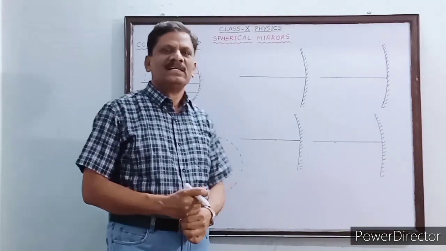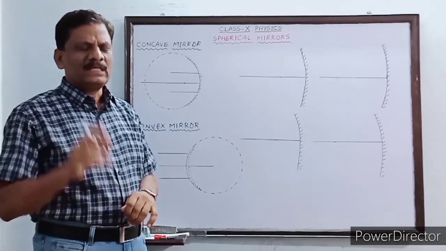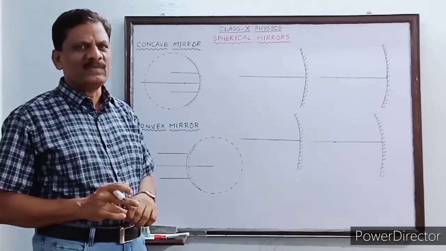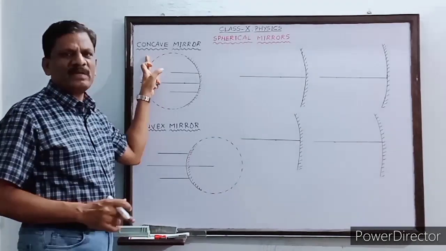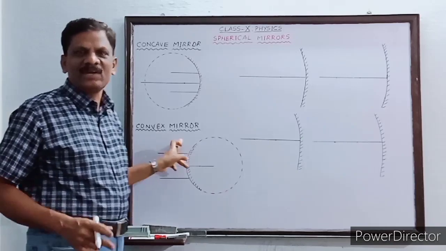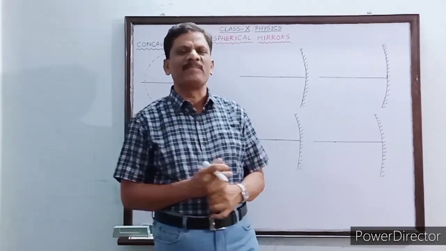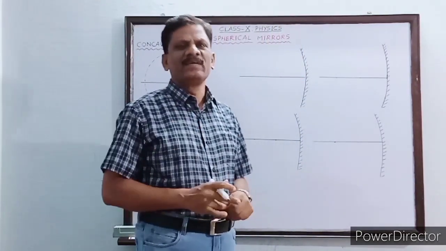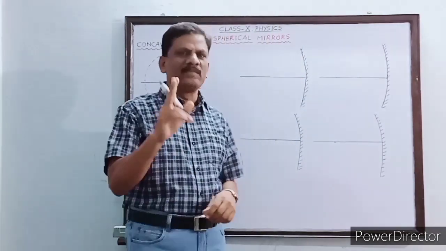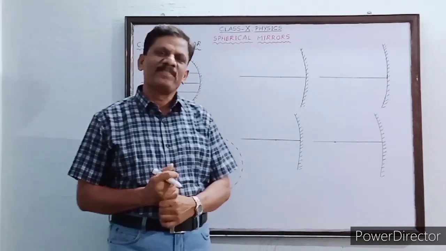Today we are going to discuss spherical mirrors and the image formed by spherical mirrors. By the name spherical mirrors, we usually mean two types of mirrors only. What are the two types of spherical mirrors we have heard of? The concave mirror and the convex mirror. Other than this, some other curved mirrors like parabolic mirrors are also available. But up to 10th standard level, we are going to study only the two types of spherical mirrors, namely the concave mirror and the convex mirror.